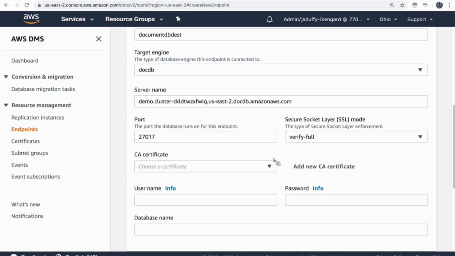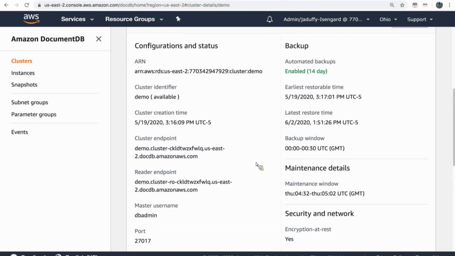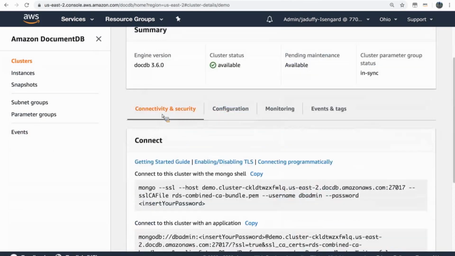Now, DocumentDB requires that you use the AWS certificate authority file to do your certificate validation against DocumentDB. This is done because we create those certificates basically on the fly when we stand up instances. And so it's going to require a couple of steps that I've already done for the sake of time here. You're going to need to download the AWS CA cert in order to connect to your DocumentDB cluster. And we could talk about how to do that by taking a look at this connectivity